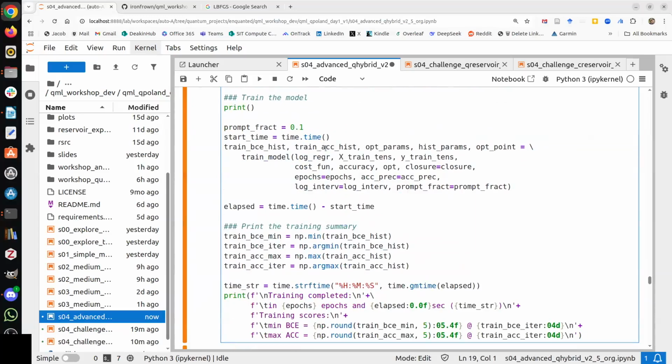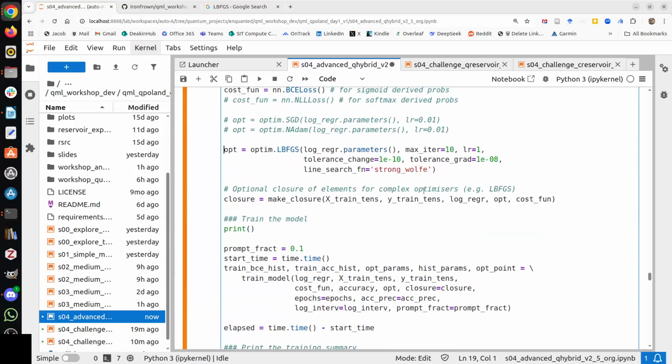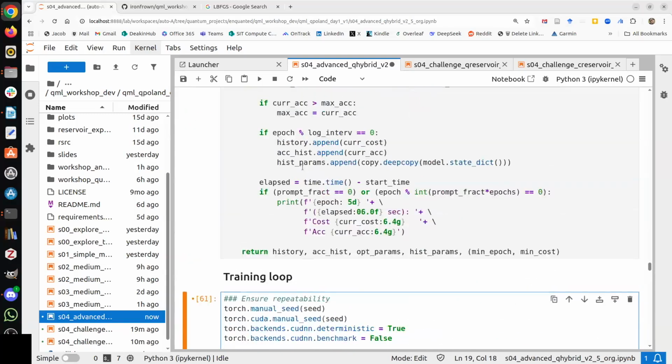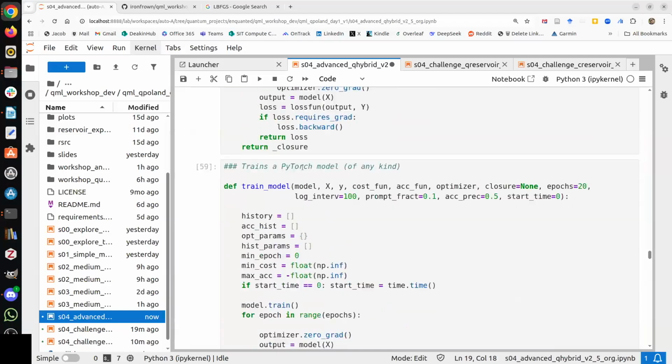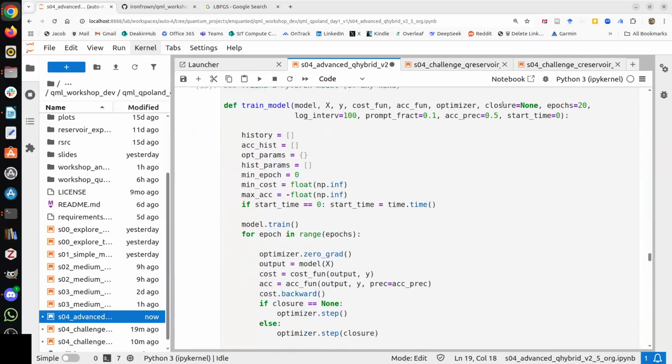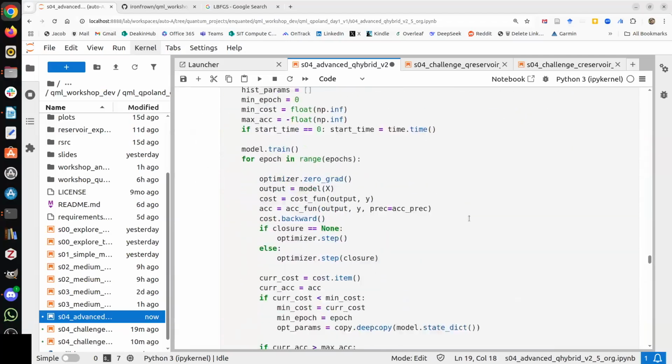So the closure will be passed to the training model as a closure. If it's done with things like Adam and other optimizers, it was going to be ignored. But this will require it. So if you look at the training loop, which is here, and we pass the closure, if the closure is not none,